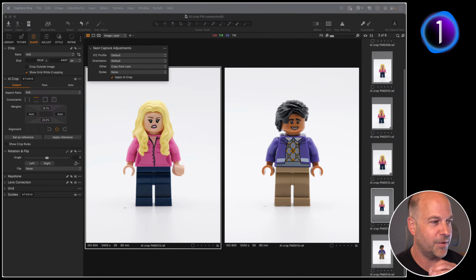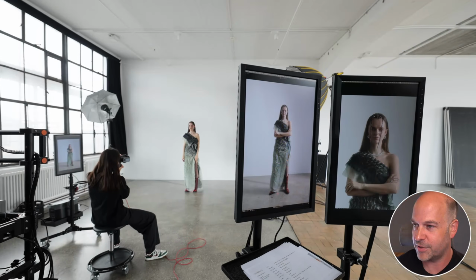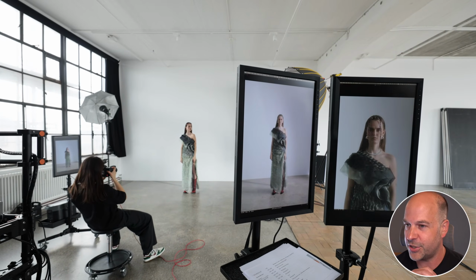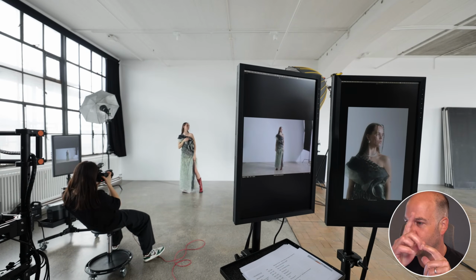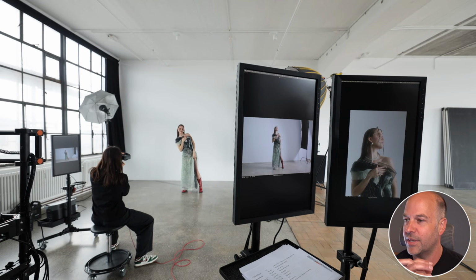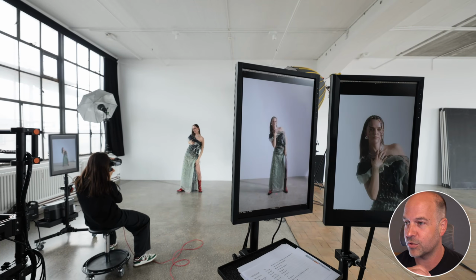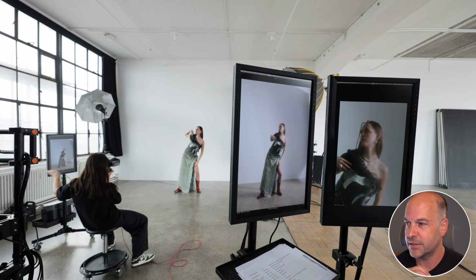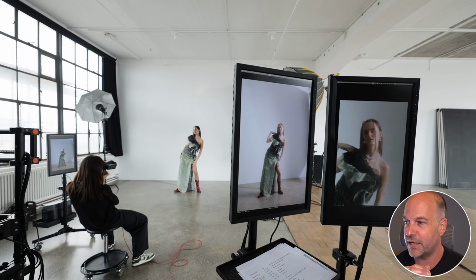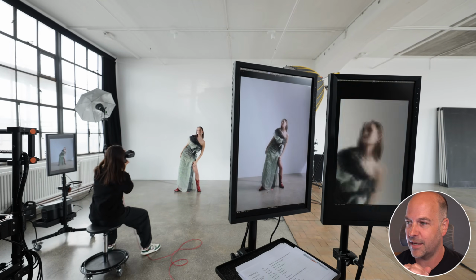That's right. So yeah, this was the laughable comedy setup, but let's see how this looks in a proper studio. All right, so I'm going to play you a little bit of BTS, and you might hear some background noise, but I can talk over the top of it as well. So here's Gabia shooting, so she's taking pictures. The two monitors just above me here. On the left-hand side, you can see the full image, and on the right-hand side is the auto crop in action. So you see it's doing a pretty stellar job of actually keeping her head in exactly the same position